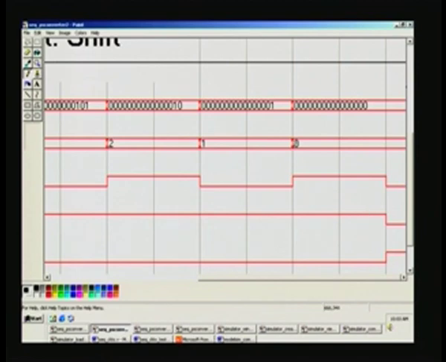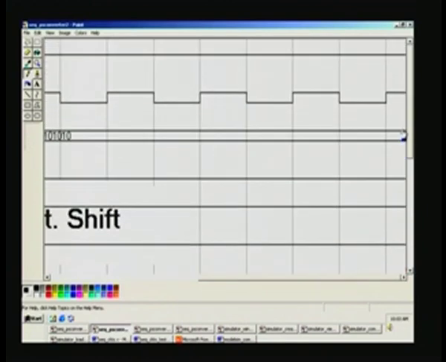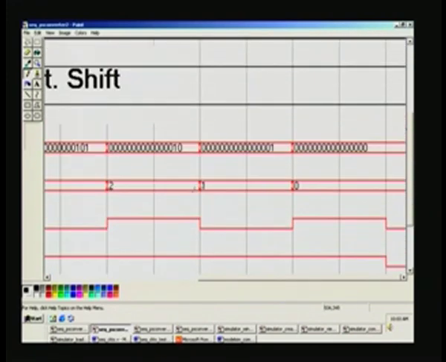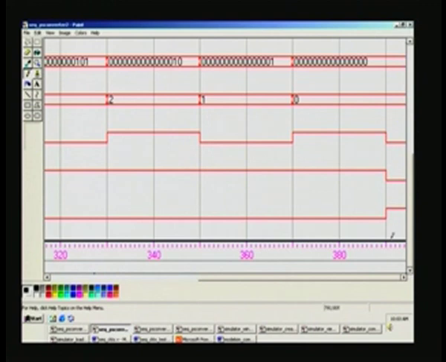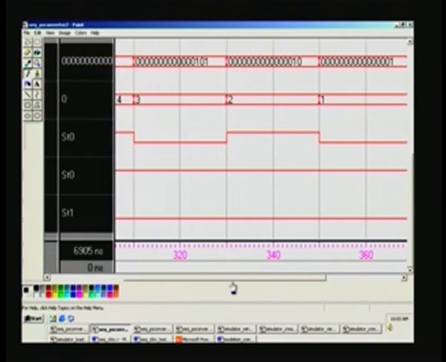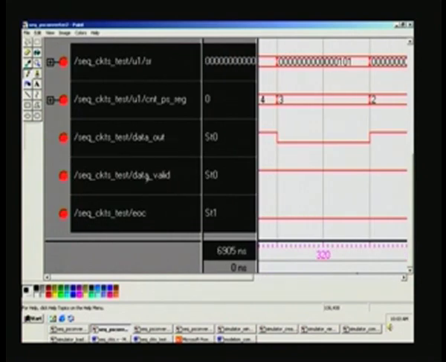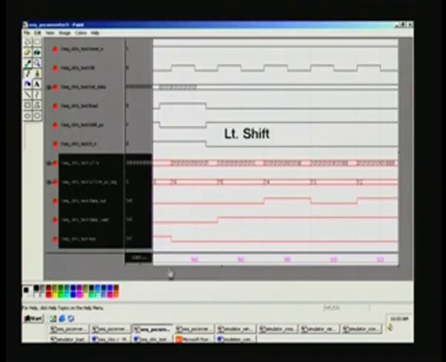And now you can see after this is over and all these transactions are taking place at the positive edge of the clock. You can just see here, every time it happens, positive edge here, positive edge here. You can see this, and finally an end of conversion is asserted here. So, this is the last for the data, therefore data valid goes low. So, the last two are data out here and corresponding data valid, end of conversion. So, this is for the right shift. Similarly, we can have the left shift here, and